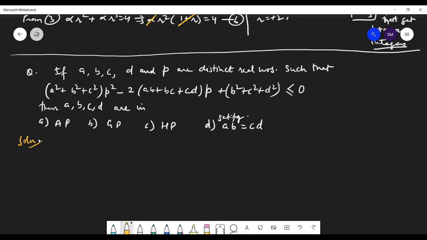So we have no choice but to solve this further. Only one thing is given to us. Is this clear, students? So let's simplify this. Multiply P square with this. Come on, do it. A square P square, B square plus, yes, good. Solve it out.